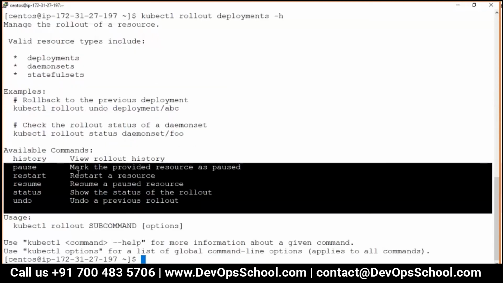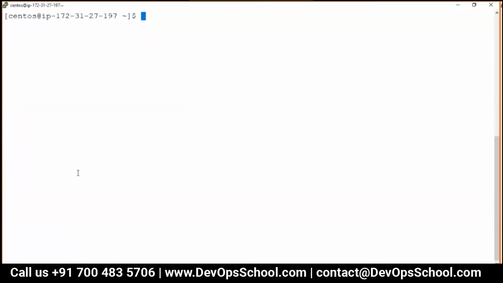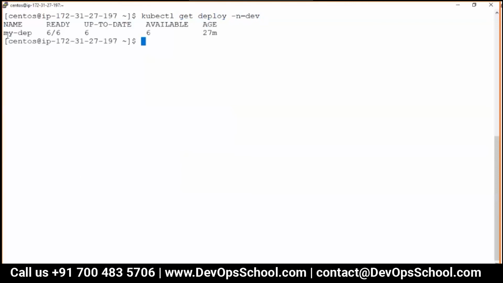kubectl rollout -h. Here, what you want, rollout a deployment -h. Here, see here, you get this one. Rollout status, rollout undo, and other commands are also there. So you must be wondering, what is so big about it? So guys, there is one thing which is big about it, and that is